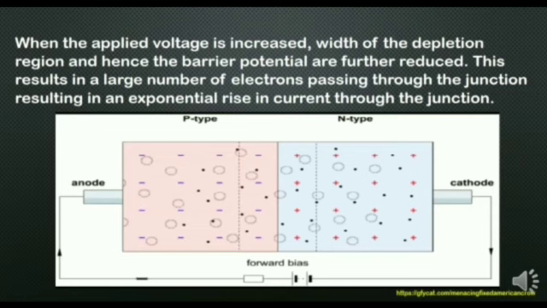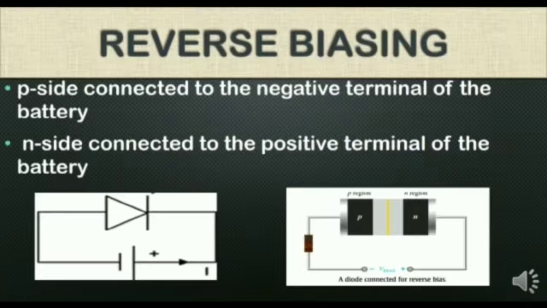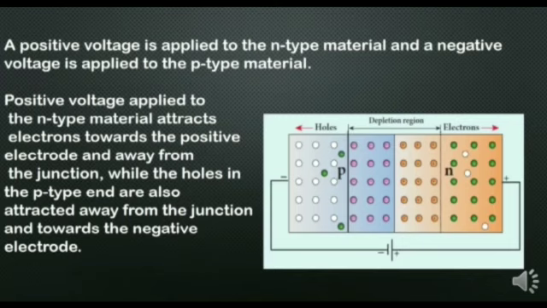When a diode is reverse biased, the P side of the diode is connected to the negative terminal and the N side of the diode is connected to the positive terminal of the battery. In this condition, a positive voltage is applied to the N-type material and a negative voltage is applied to the P-type material. The positive voltage applied to the N-type material attracts the electrons towards the positive electrode and away from the junction,